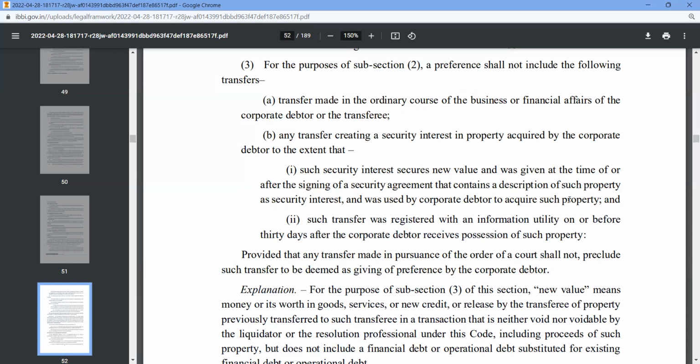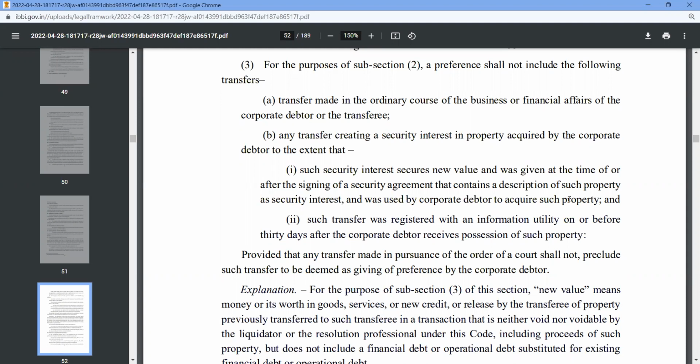And such transfer has to be registered with an information utility. As of now, there is only one information utility, NESL. So that transfer should be registered with an information utility on or before 30 days after the corporate debtor receives possession of such property. So if both these conditions are met, then it will not come under preferential transactions,